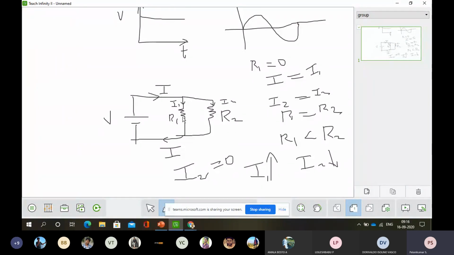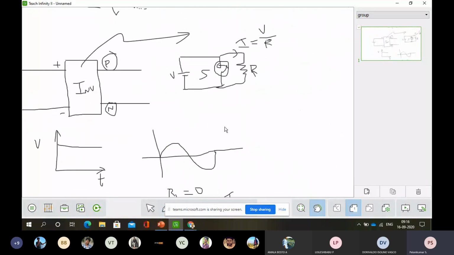Here this path resistance is low, so comparatively more current will go here, though some current will go through the other too. If I keep on reducing the resistance, the current through it keeps on increasing. If I make it zero, there is no resistance offered to the current, so all the current will flow through this line only. There won't be any current flow through this resistance.